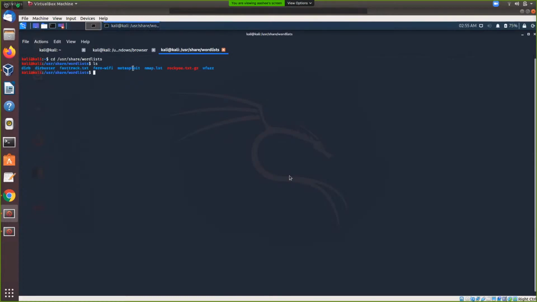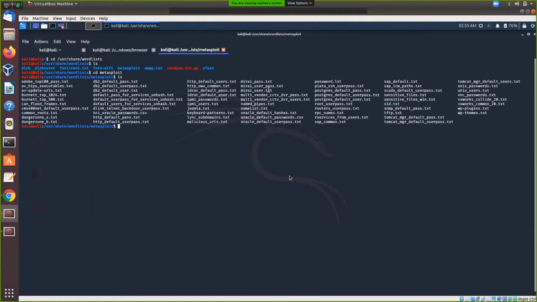So we'll go in this Metasploit word list, and you can use any of these which will have a username and password with space in between, because it was mentioned over there, and we'll use this one.